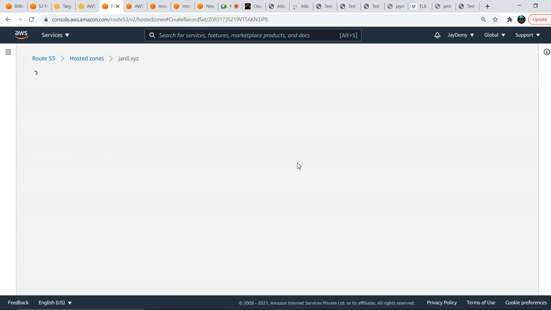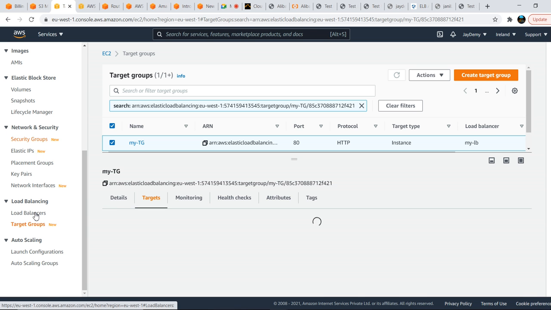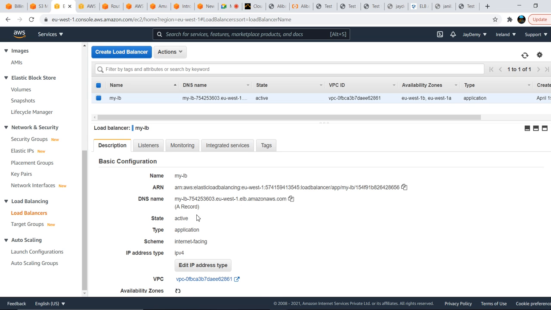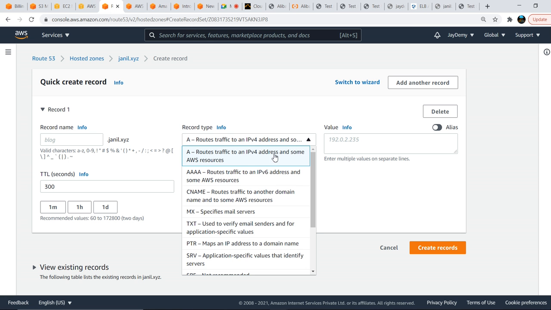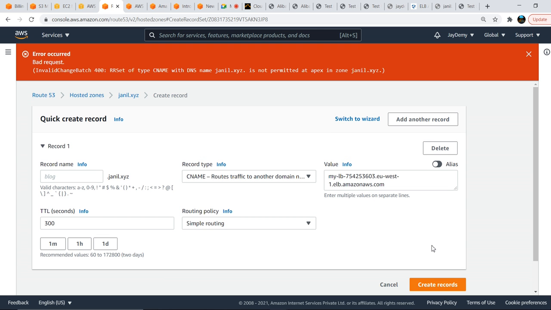So create a record. I'll copy the load balancer DNS name, go to the description, copy this one, and go to Route 53 again. Here you need to use CNAME, and this is the CNAME you need to use here. Just create a record.